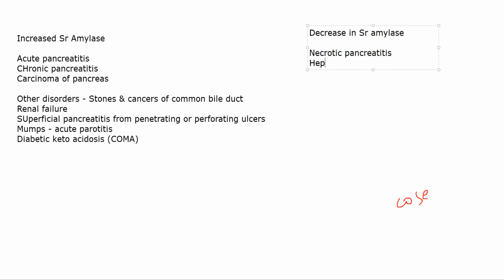Or the patient has hepatitis. Hepatitis is secondary in the sense that because of hepatitis your bile ducts and all of those surrounding structures start getting affected, because of which serum amylase will not be able to come out of the pancreas into your gut. Okay, it might not exactly be a pancreatic problem, but a problem in the transport of serum amylase. Or the patient has severe burns. Okay, in all of these conditions serum amylase will decrease.